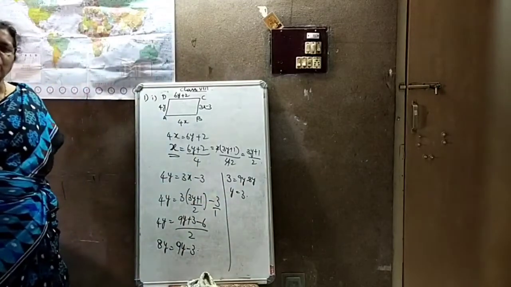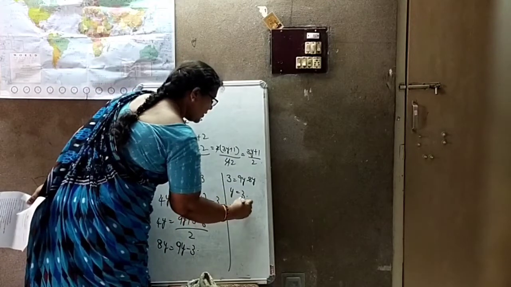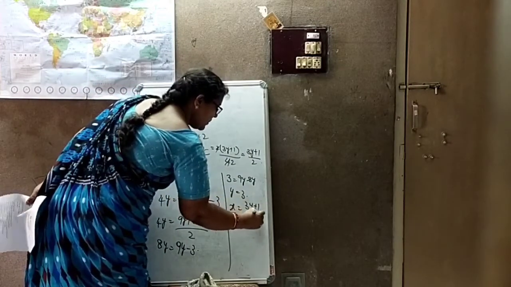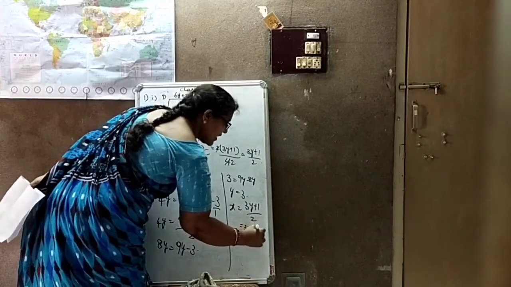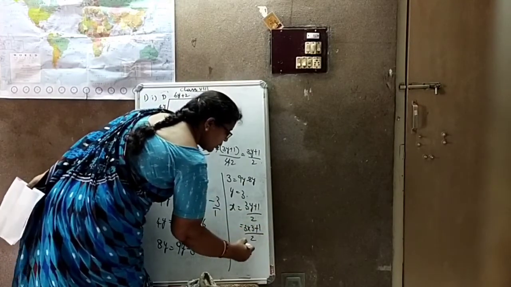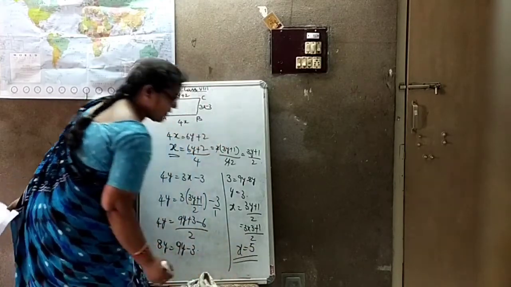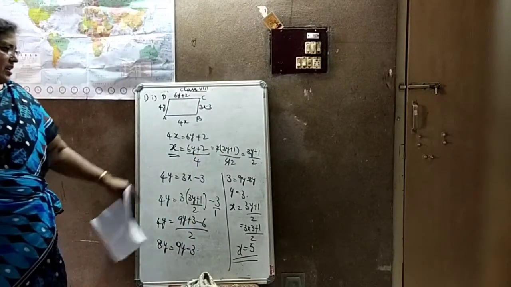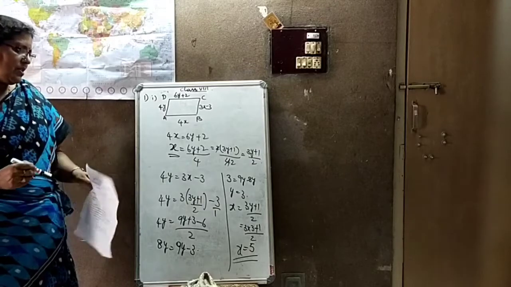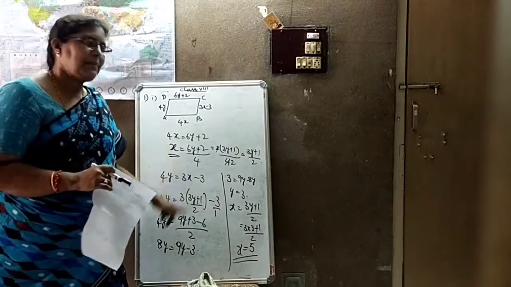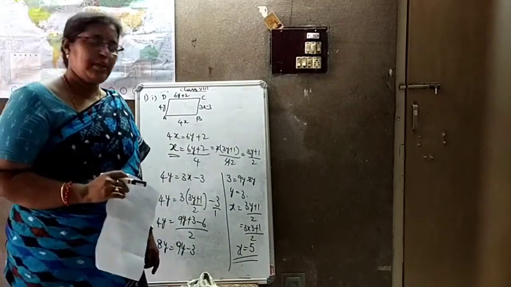We got the y value. Now find out the x value. Substitute in this place. What you know: x is equal to 3y plus 1 by 2. So 3 into 3 plus 1 by 2, 10 by 2, that is 5. So x is equal to 5. So what we got here: y is equal to 3, x is equal to 5. So please do this work. If you complete it, please check your answer. Okay? Solving is very important. Please go through that problem.